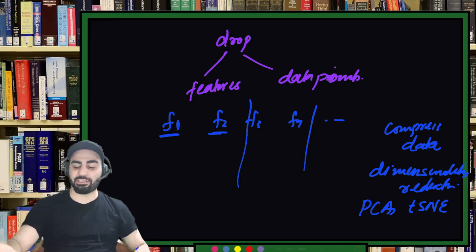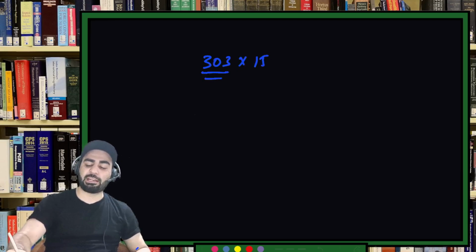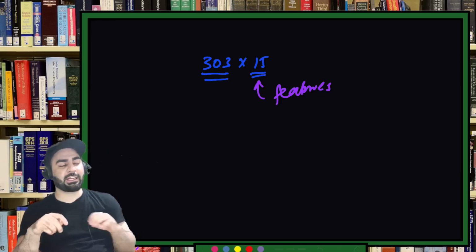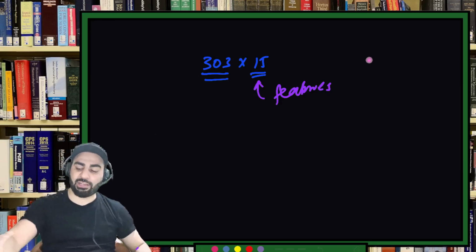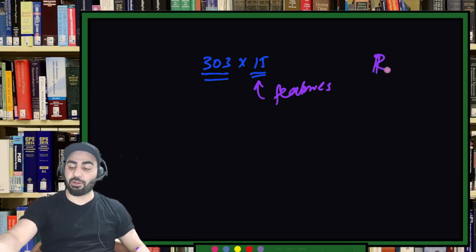So you have these dimensions. How many dimensions does our data have? Let's suppose we have 303 cross 15. This means we have 303 points and 15 features. These are the features, and each feature is considered one dimension. Now, if all of our data is real valued data, we'll say this belongs to